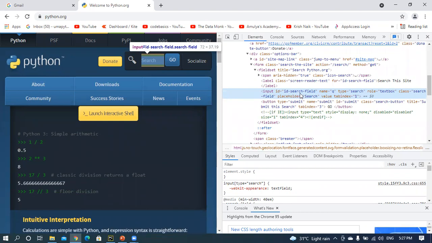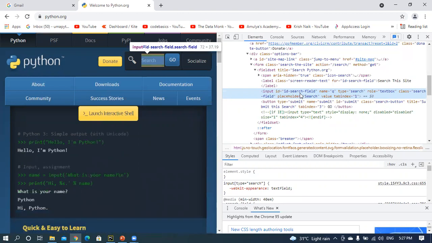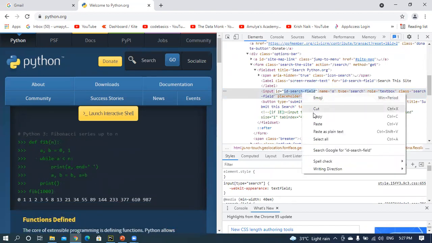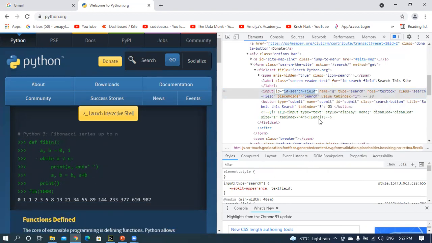If we have the id for any element, you will take the id, no problem. That means it is a very fast accessible locator. You can easily identify an element by using the id. Same thing here. For example, if you know the employee number, you can easily identify a particular person. Like that, if you know the id, you will take the id value. That means I'm going to identify this particular search element.